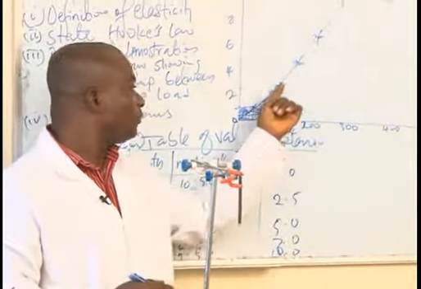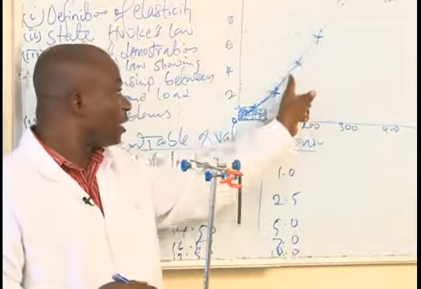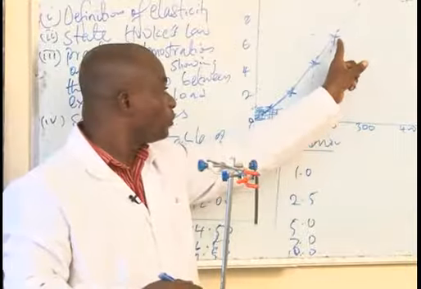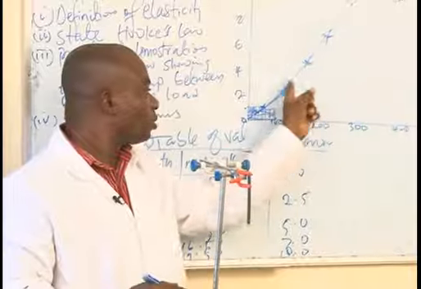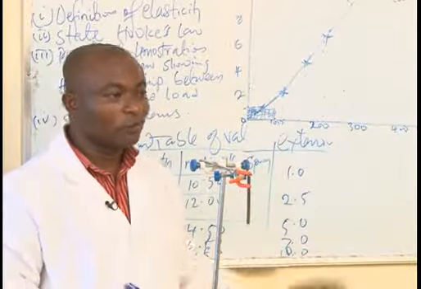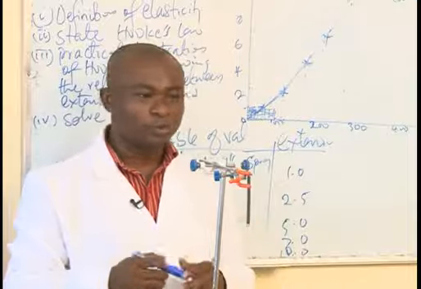As you can see, these few points fall within the straight line, but the rest are on the outside. This one is outside the straight line, but this one is very close to it. Those points fall within the straight line. So you rule. Now if you're asked to find your slope,